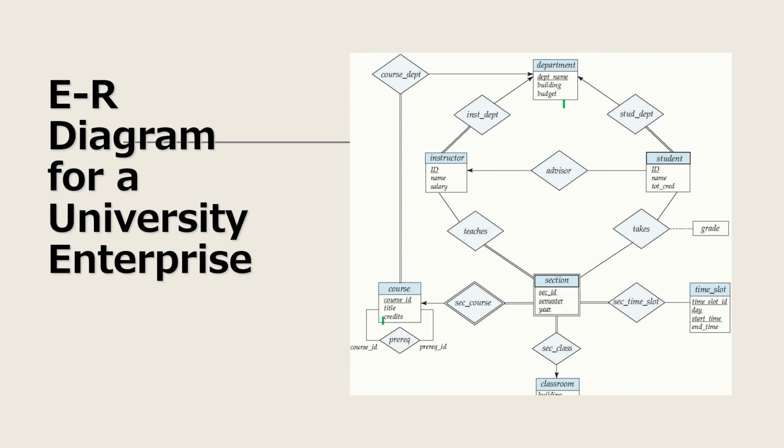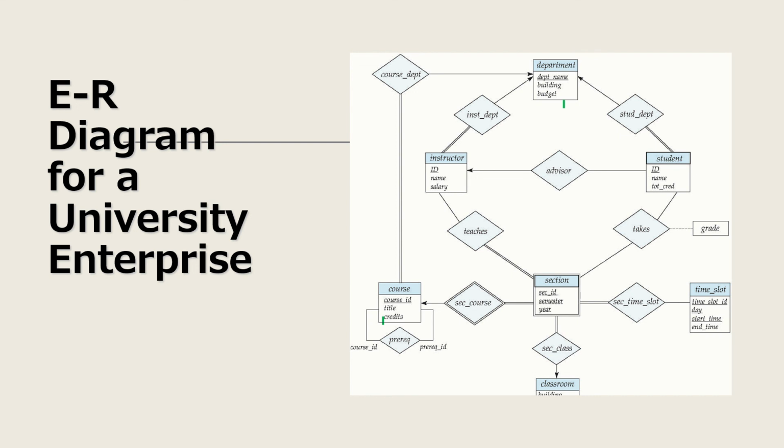Next one is the student department relationship. Every student will be studying in one department, so it's a total participation. It also doesn't mean that it is a weak entity. Then this is also many to one, many students may be studying in one department. Then next we have to consider the section and student. Section takes student, and each student can be given a grade. So this is an attribute for this relationship.